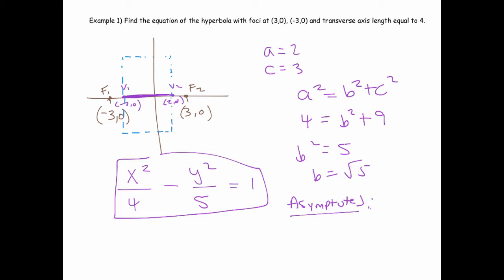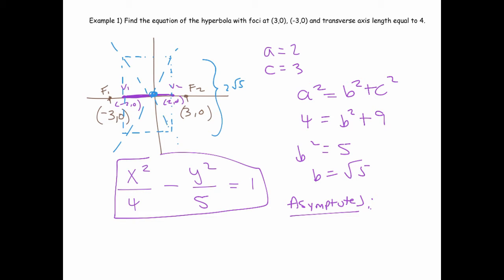And we know this clearly has a width of 4, and since b is root 5, then this distance is 2 root 5. But more importantly, this is poorly drawn, but I'm just going to make a really thick origin there. The asymptotes go through